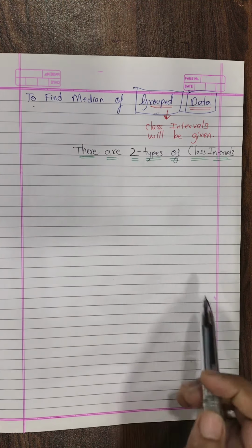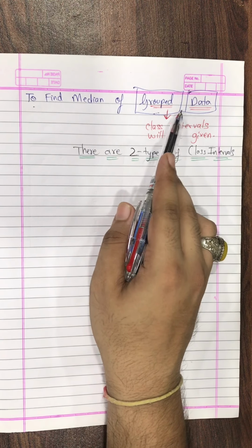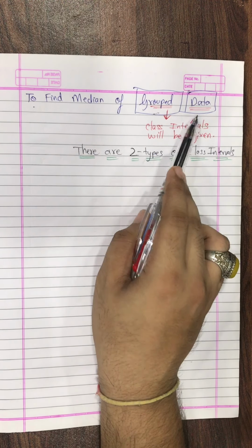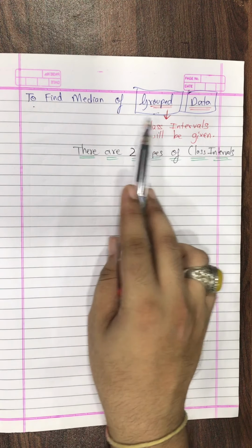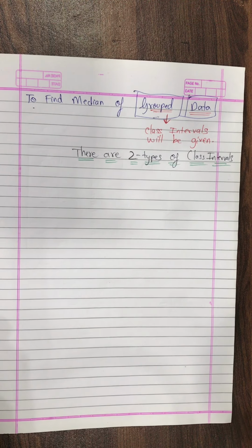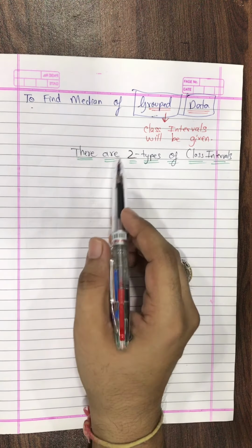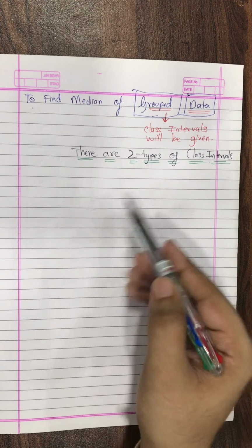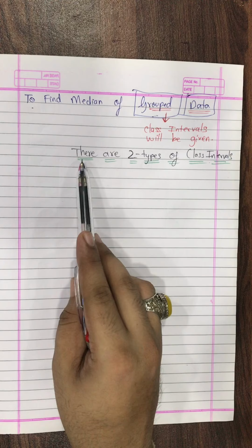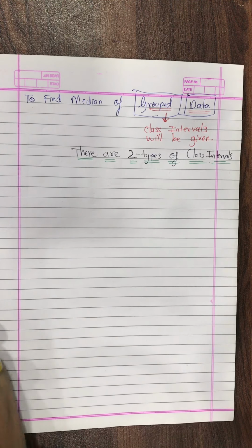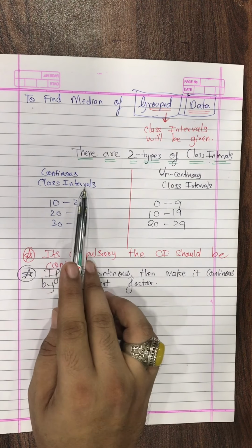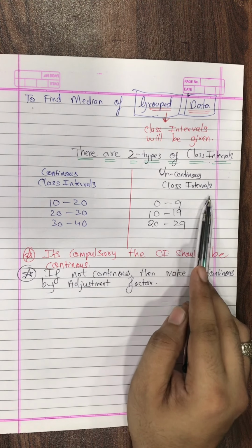Before starting with the actual concept of how to find the median of grouped data, earlier we found out how to find the median of raw data and tabulated data. Now the grouped data. I say compulsorily this question will be coming in your board exam. Okay, 99%. Okay, let's start, students. Over here there are two types of class intervals. Before actually looking at the procedure of finding the median of grouped data, I'll just highlight this. Just stay tuned on the screen. Students, the two types of class intervals are, one is continuous class intervals and the other is discontinuous class intervals.